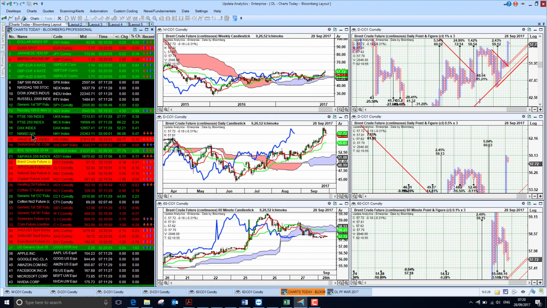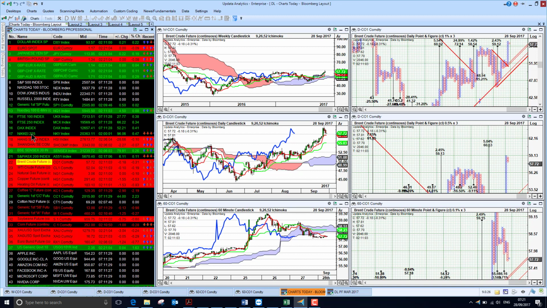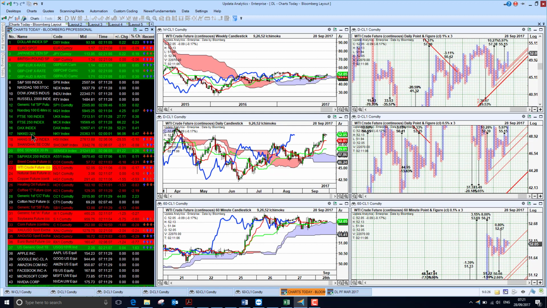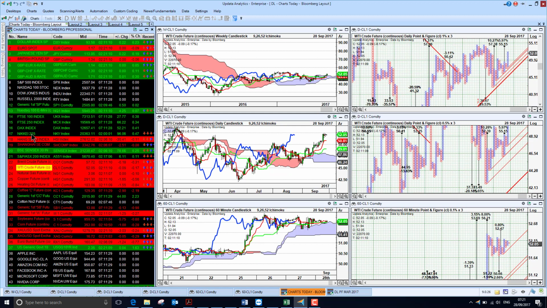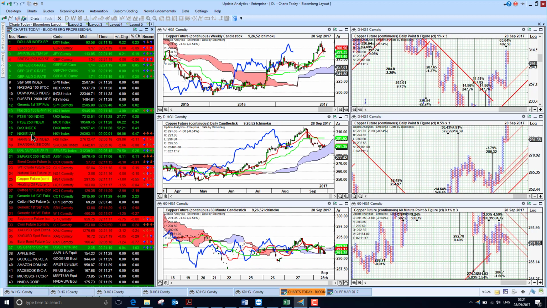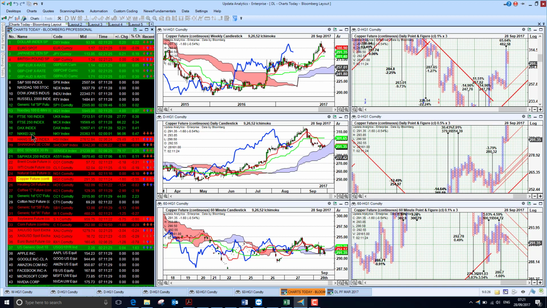Brent crude just coming off the top here, did hit 59.50, and we're just seeing the prices coming back below the cloud, but we are still holding those 2-year highs on Brent. WTI not quite the same, not managing to make new highs, so a little bit of divergence there between the benchmarks. US nat gas back above $3 yesterday, jumped above the cloud, so we're looking a little bit better there. And copper just lying flat, really, having had moves above and below the cloud in the short term, so we're just trying to find a bottom here.